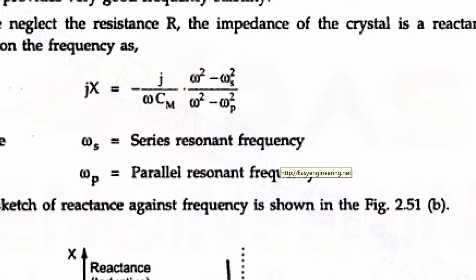So tell me, simple school level differentiation only we are discussing. What will be the differentiation? It is Cm into 3 omega square minus omega p square. Very good. Okay. So numerator is 2 omega. Denominator is 3 omega square minus omega p square into Cm.